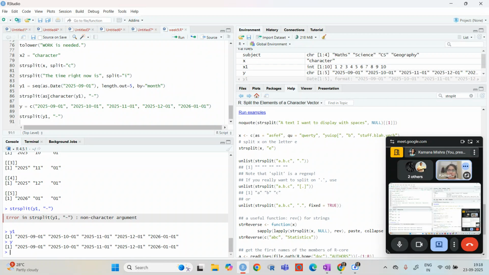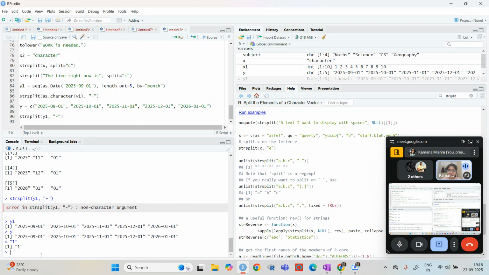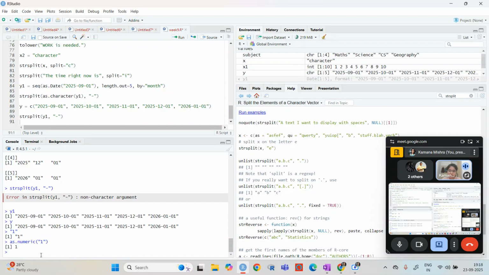So rather than changing like this, we can just write as.character. We have seen previously that in a number, if you have 1, it is character. As soon as you write as.numeric 1, it will come as 1, right? So basically it means take out or convert this into the character one.